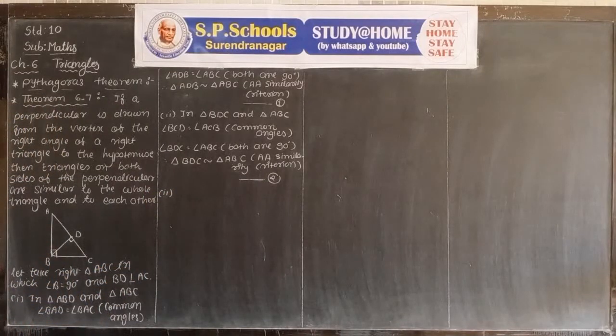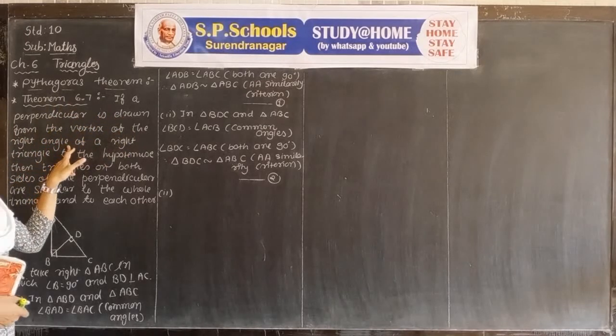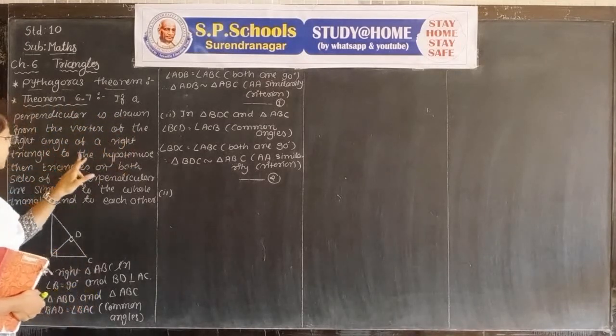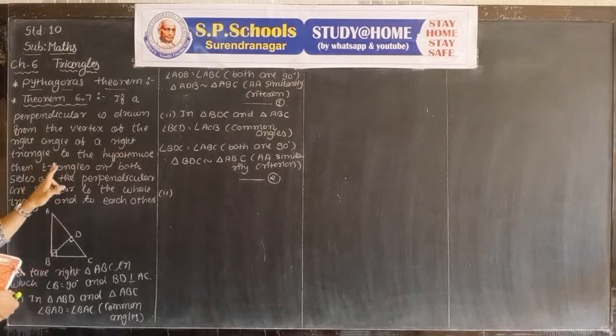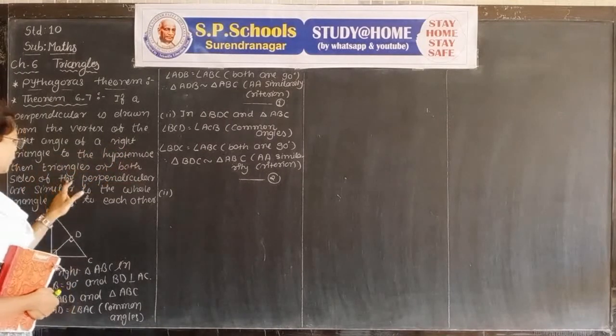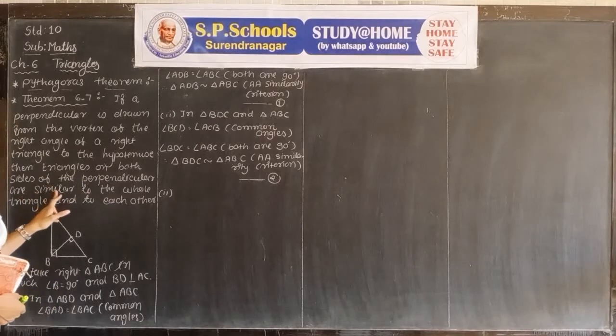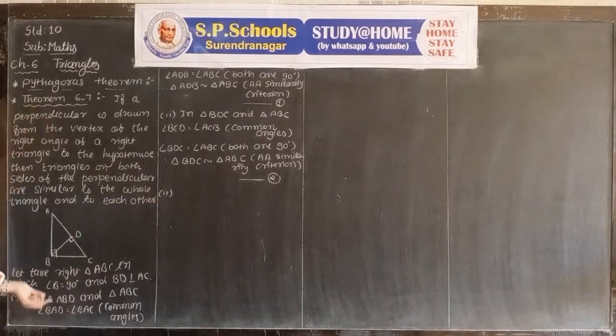Now for the third thing. First is completed. If a perpendicular is drawn from the right angle of a right triangle to the hypotenuse, then the triangles on both sides of the perpendicular are similar. Both triangles ADB and